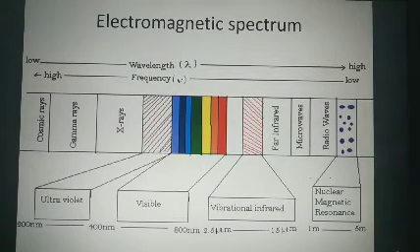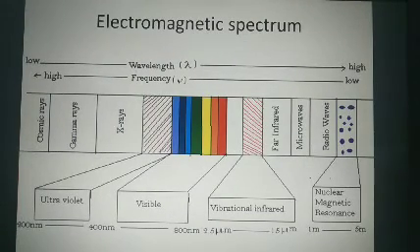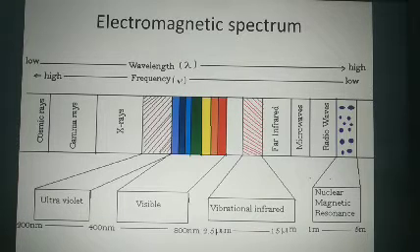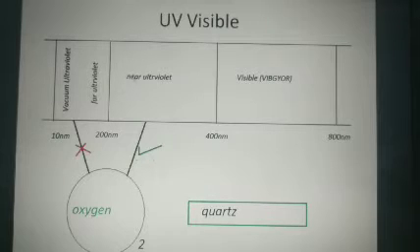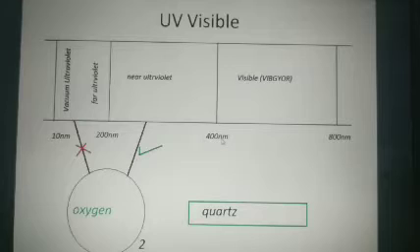So with these radiations, we will discuss the spectra of the compound. The first part is the UV visible region. In the UV visible region, we have various subparts. One part is vacuum ultraviolet or far ultraviolet, which ranges from a wavelength of 10 nanometer to 200 nanometer. Then the near ultraviolet region, which is of the main concern, is from 200 nanometer to 400 nanometer, and the visible region comes after that, from 400 nanometer to 800 nanometer.